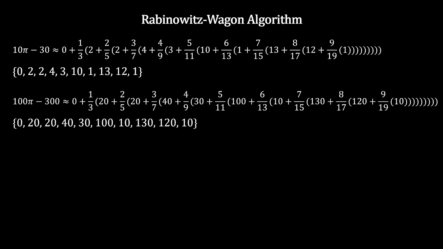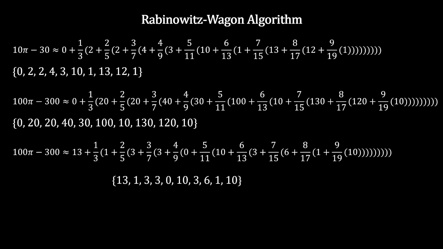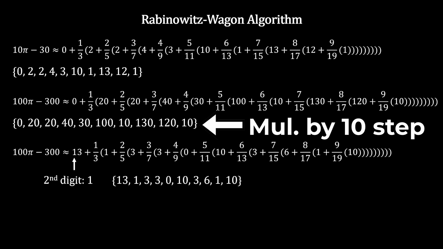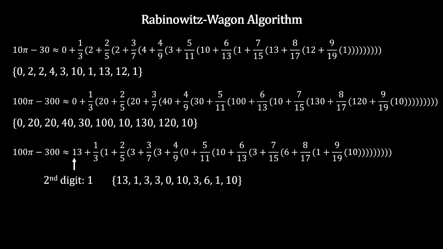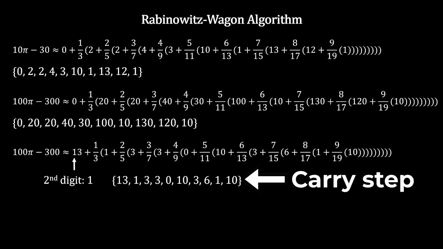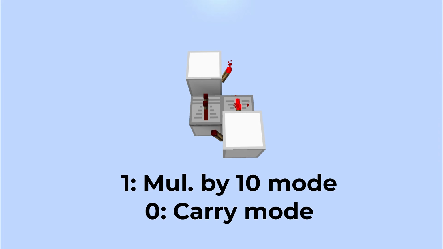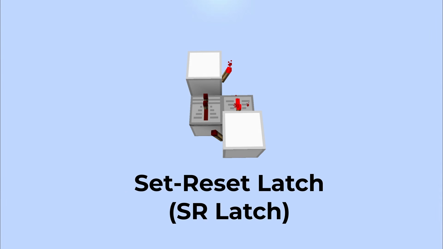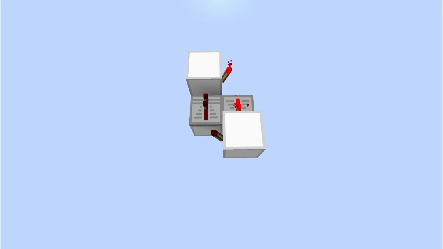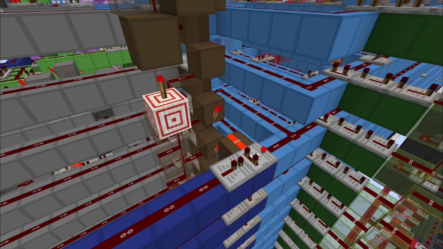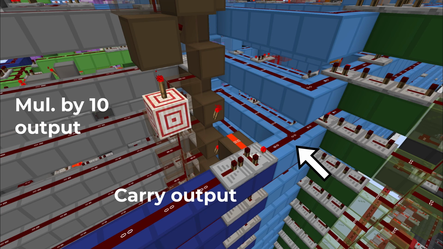As we have previously gone through, there are two main steps to calculating pi with the Rabinowitz-Wagner spigot algorithm. The first is multiplying every element in the array by 10, and the second step is going through the array to extract the digit, which I will call the carry step. I decided to make these two different modes, using an SR latch to do so. This solves a few problems, namely helping the machine decide which output to allow into the array at this junction,